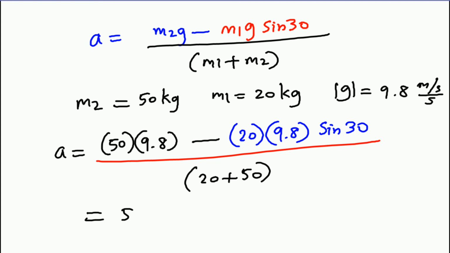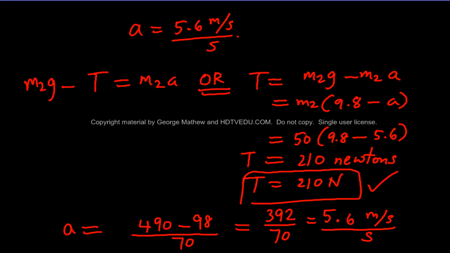So you get 5.6 meters per second squared. Once you have A is equal to 5.6,